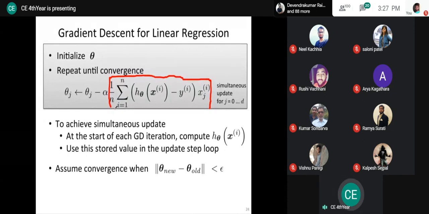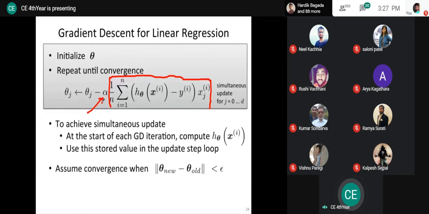Fine. And generally, this alpha will be kept constant for the full training process, or you can say for all the epochs, where one epoch means one single execution of this full algorithm: calculation of h of theta, calculation of the loss function, calculation of the gradient, and updating the theta. Right? Only 4 steps are there. So once you complete all 4 steps, that means one iteration, or one epoch. So for all the epochs, we'll mostly keep this alpha as a constant value.